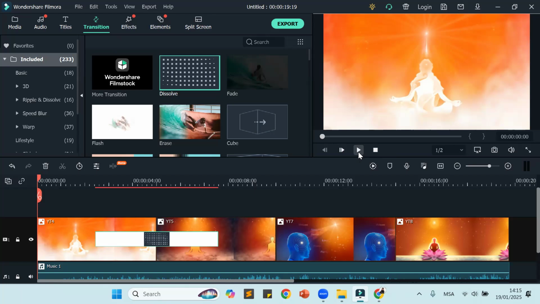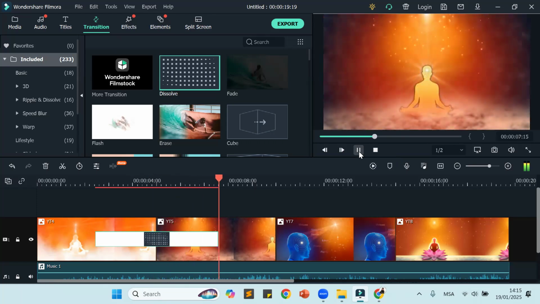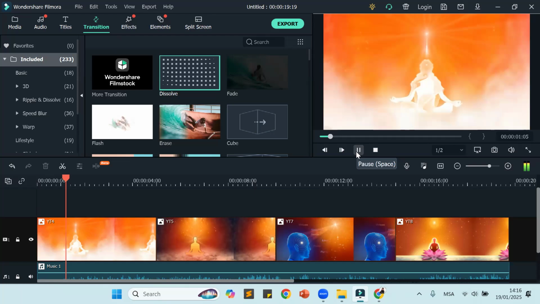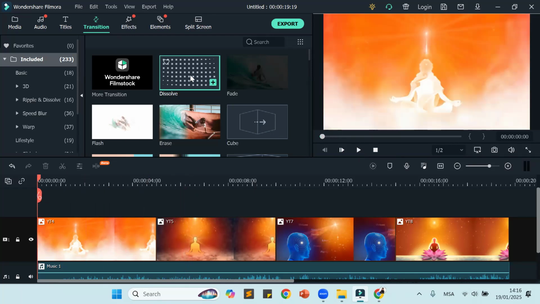Please watch. I want you to see how two images overlap. That was smoother, wasn't it? So let me delete that and show you again how that is. Okay, I'm going to delete my transition. Watch how sudden or abrupt the images are. It's too sudden, right? So I'm going to place my dissolve again